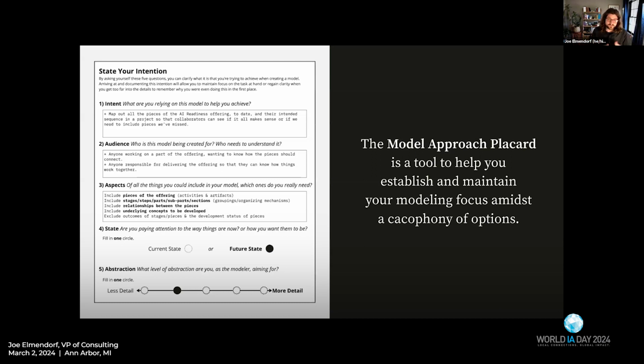While that giant Miro board allowed everybody to develop their thoughts adjacent to one another, as a whole, the board wasn't really communicating anything clearly to anybody. We did not have a shared understanding. And so